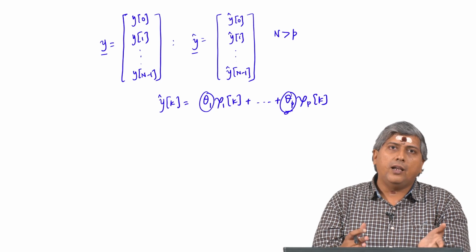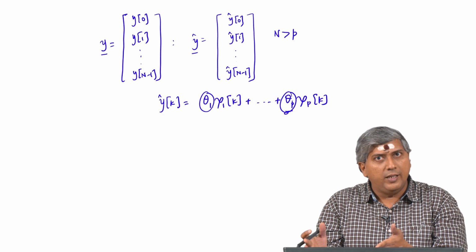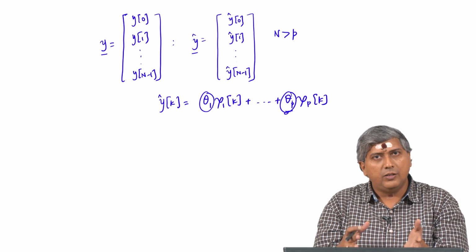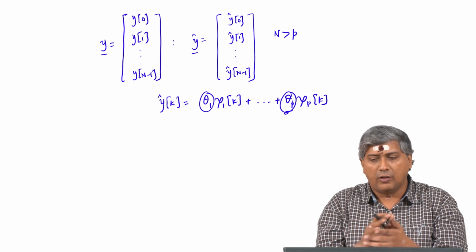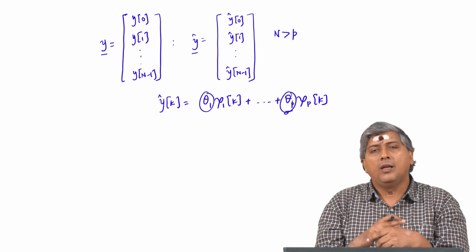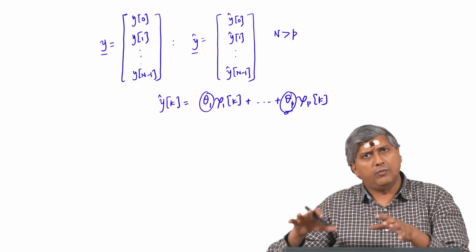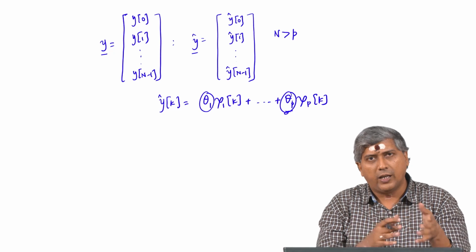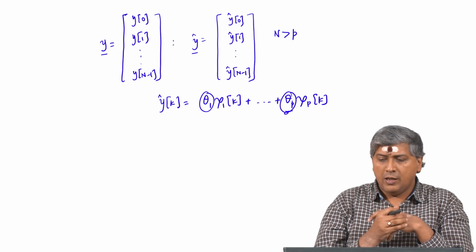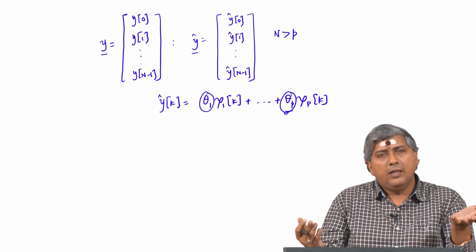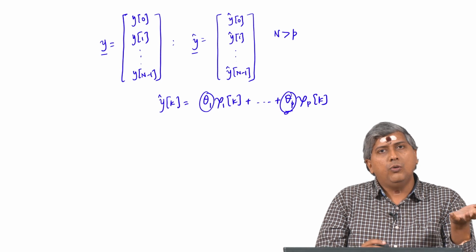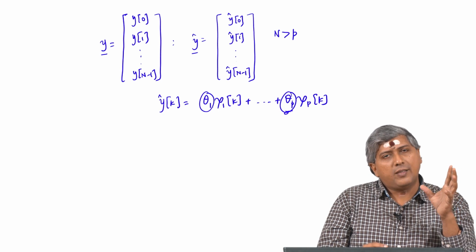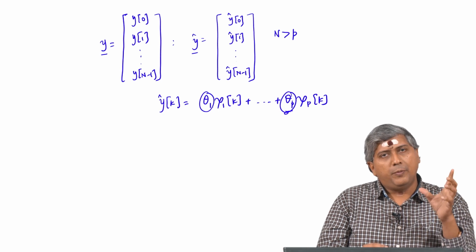Then the other situation is where n is greater than p, and we will generally talk about such situations only, at least in this course. And most of the literature focuses on that. There is a nice part of the literature which talks about the underdetermined problems as well. So, when n is greater than p, I can choose to satisfy exactly p equations.